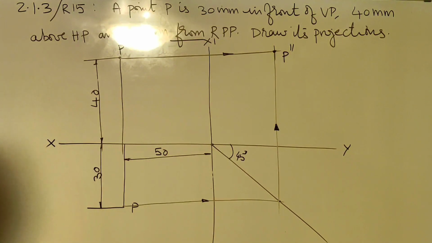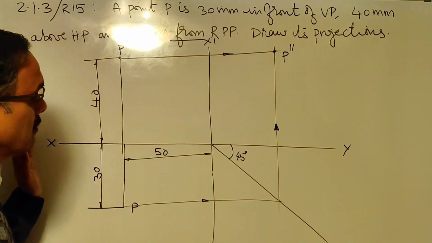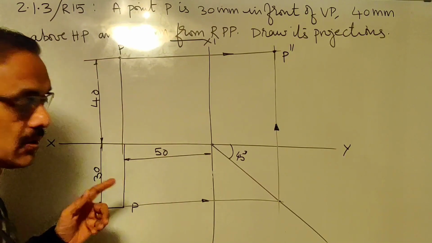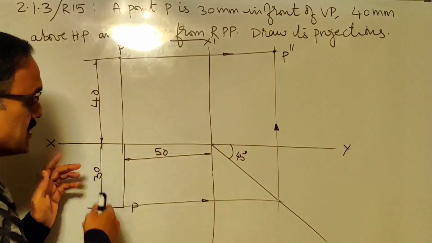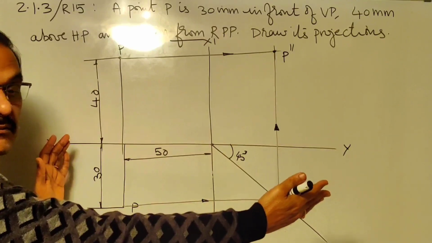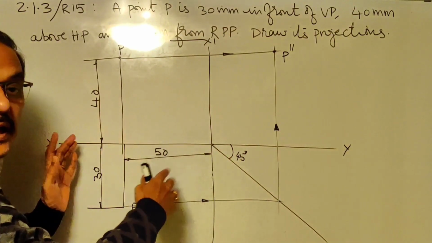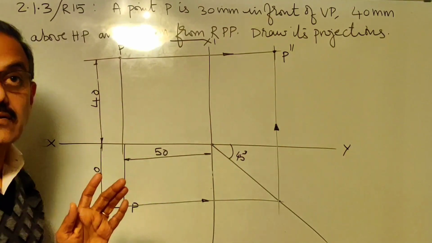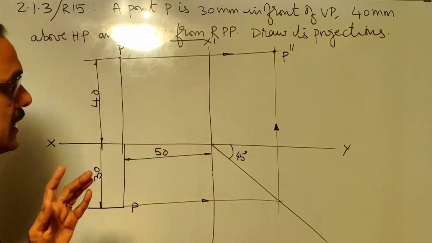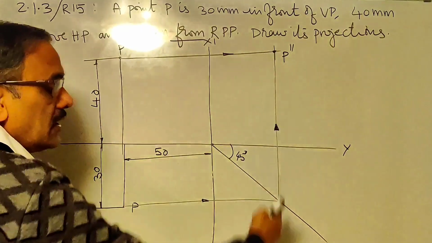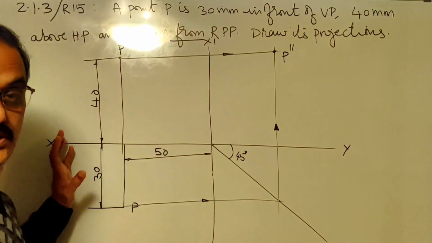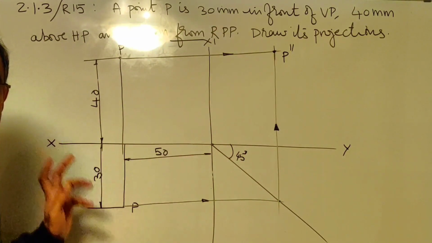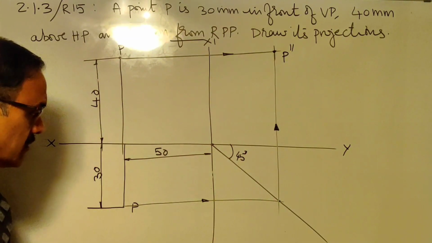I have planned it in the beginning only. I have made this projector in such a way that I have space on the right side. Because I know it is right profile plane, I know that I need some space on the right. Had it been left profile plane, I would have started somewhere here and left some space on the left. So you should plan your space, that's also important.